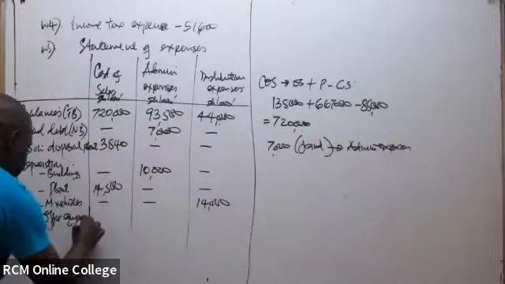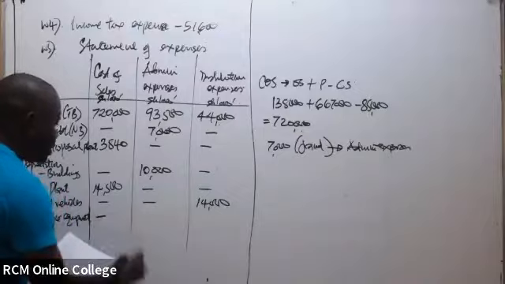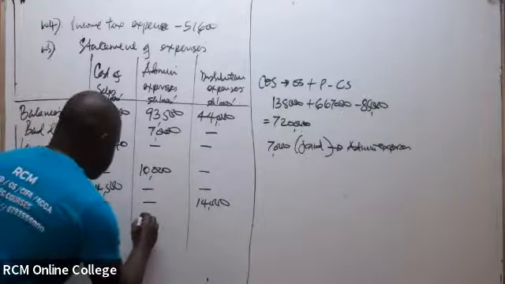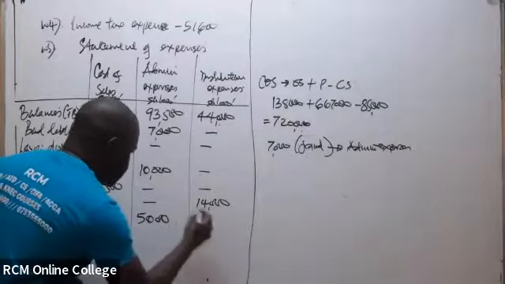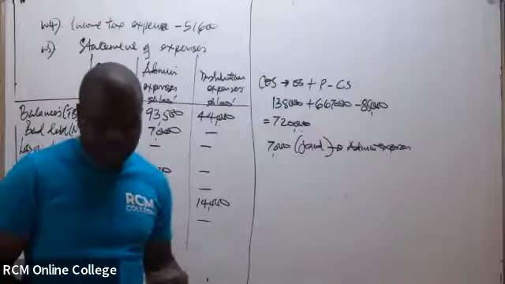Office equipment. We are told it will likely go to administration. Office equipment, how much was it? As per our computation, it was 5 million. So it will go to administrative expenses. Those are the items that will likely end up having to affect